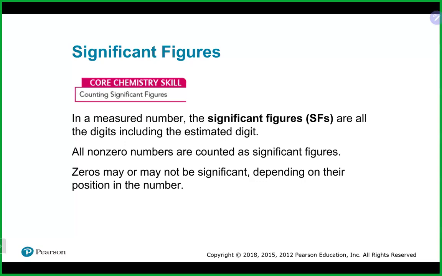So let's start with the easy rule on significant figures, which is if you have any number that is not a 0, you're good to go. Those are always going to be significant. So as it says there, any non-zero digit is going to be a significant figure. So if we had